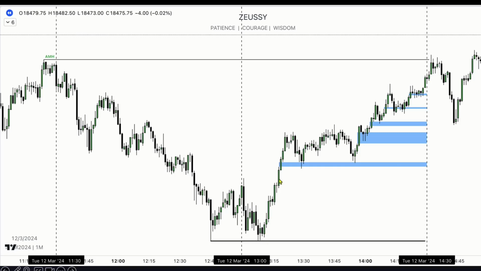Market displaces to the upside. Now notice that the gaps are being allowed to stay open. This is screaming bullish institutional order flow. Market displaces above this high, but more importantly, it displaces above this high right here. Why, oh why is this high so important? Pay close attention to time and what I told you about the cycles being fractal.